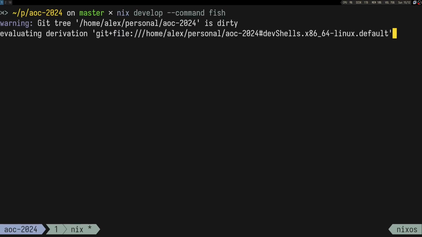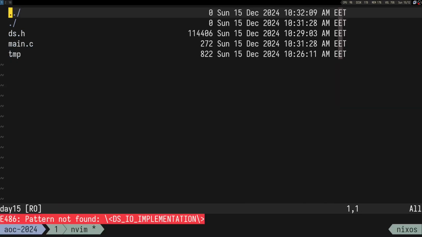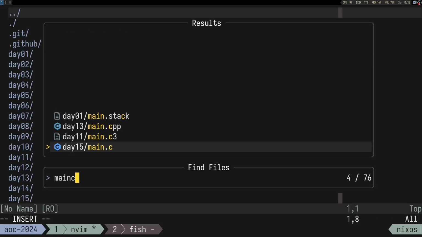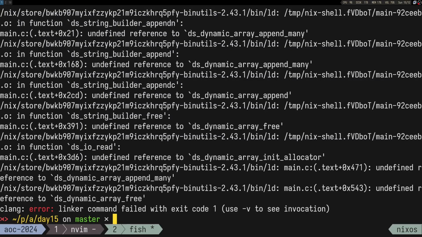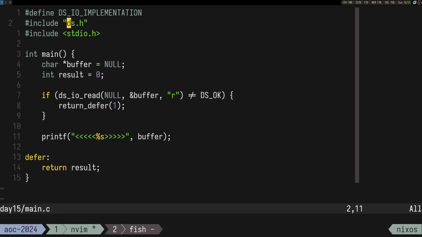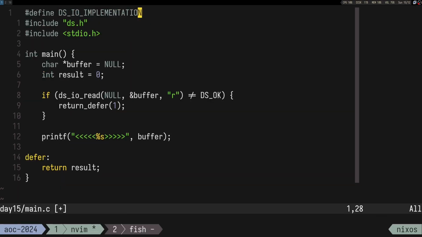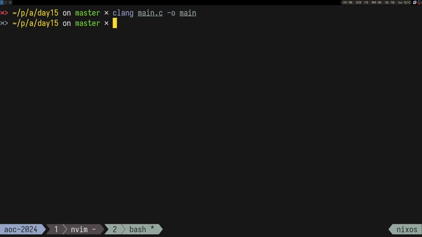It's weird, I'm not sure why it throws that error, because I thought I defined the shit. What? Dang, I don't know how I opened that stuff. So if we go to D15 and try to use clang, oh shit, it doesn't like that. DS dynamic array init allocator. But it's weird, because if I define this, maybe I didn't write this one properly. Like, I thought that if, oh yeah, maybe the order of my defines is not correct, but